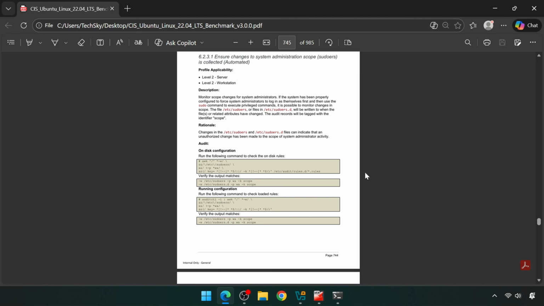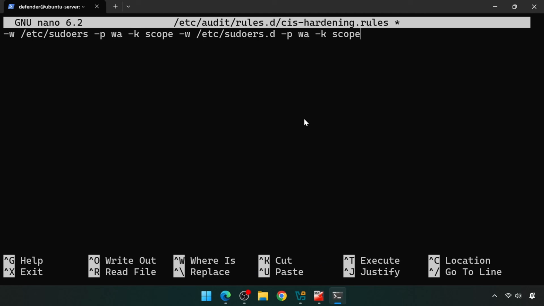We discussed CIS levels in our previous lab. The important thing here is that these security configurations apply to both Ubuntu Server and Ubuntu Desktop, which the benchmark calls Workstation. The same hardening principles work across both system types. Copy the recommended rules from this section and paste them into your rules file.